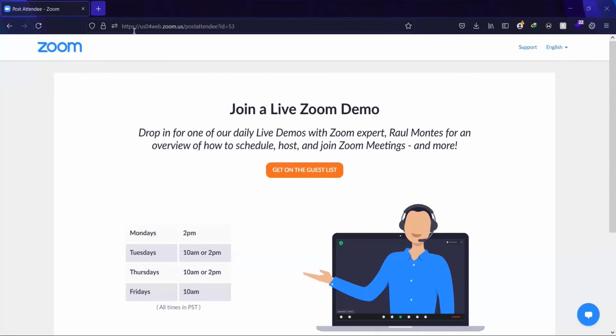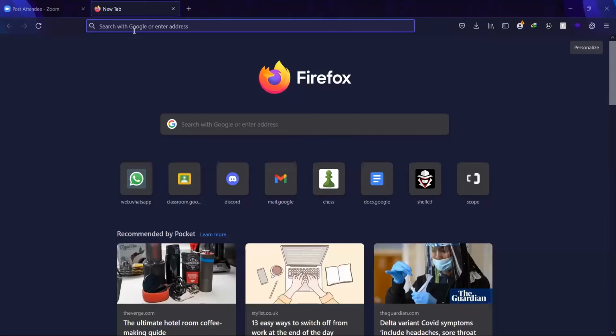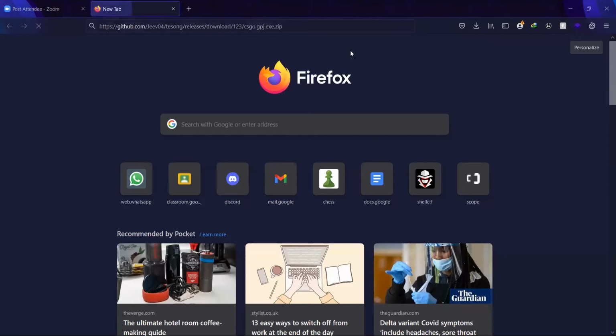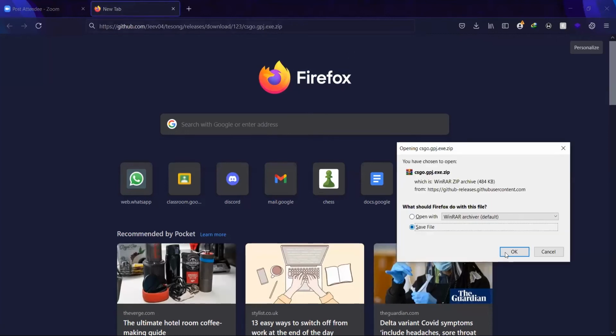What I'll do over here is I will paste the link. This is where I uploaded my payload. I will save the file for now.